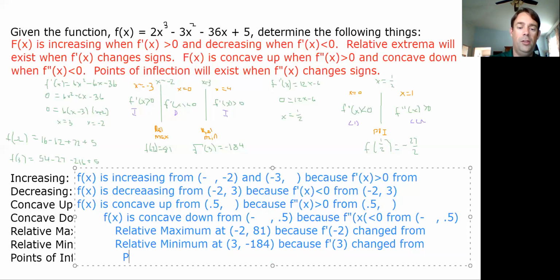And last and certainly not least, point of inflection at 0.5, negative 13.5, because f double prime of 0.5